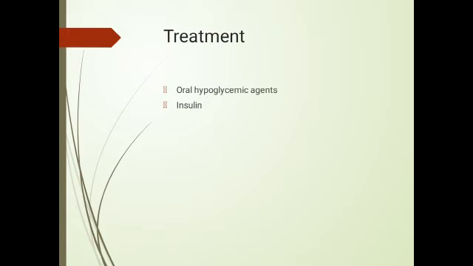So next is the treatment of diabetes mellitus. There is insulin deficiency, so you have to give oral hypoglycemic agents which will increase the insulin secretion from the beta cells, and when the beta cells are exhausted, then ultimately insulin therapy should be given. And there are many lifestyle modifications to increase the insulin sensitivity, like exercise and diet changes also.